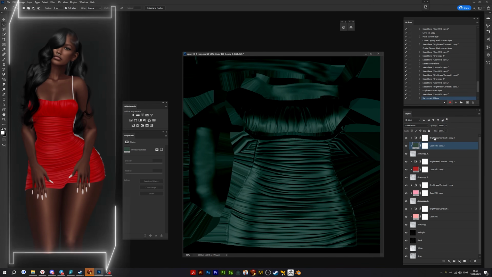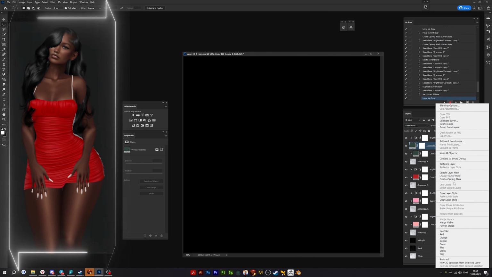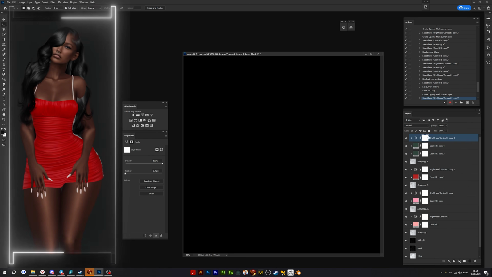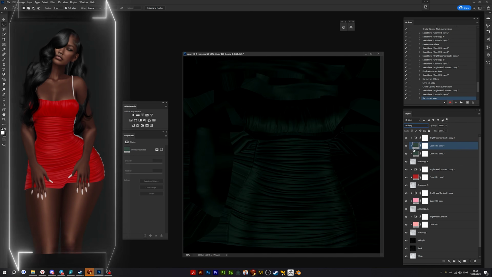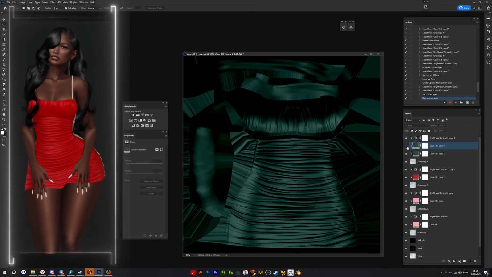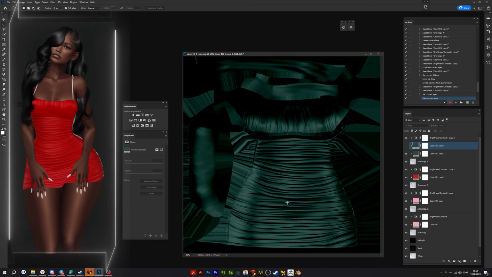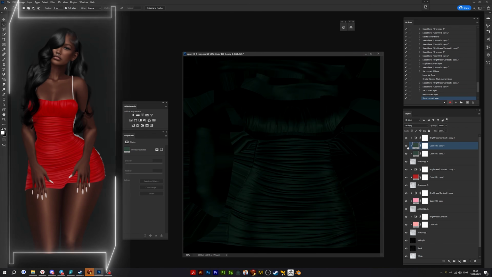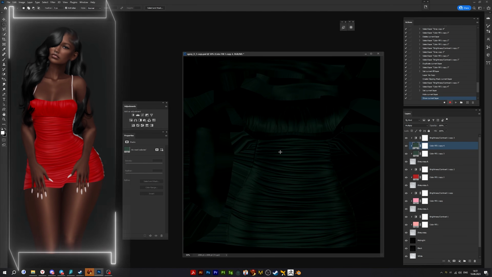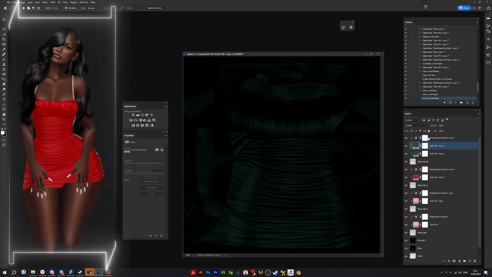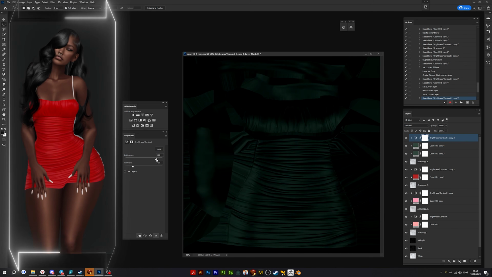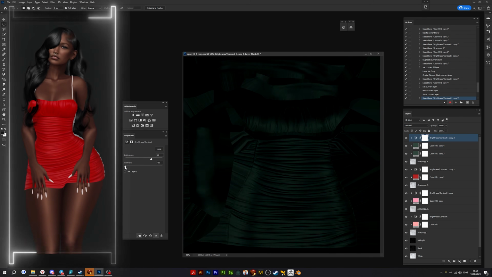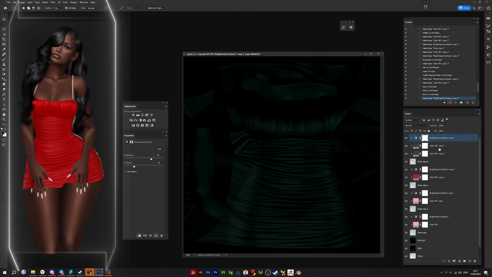I don't know, something like this, but also let's add another color fill layer. Let's make it multiply. You see the difference? There are too many white spots here, but when we add another multiply layer, it kind of smoothes out the whole thing. And maybe... No, this was fine.